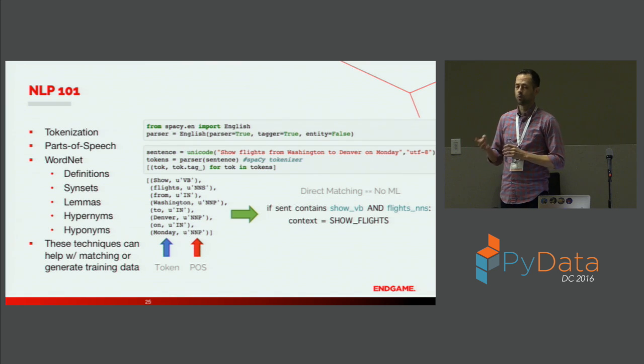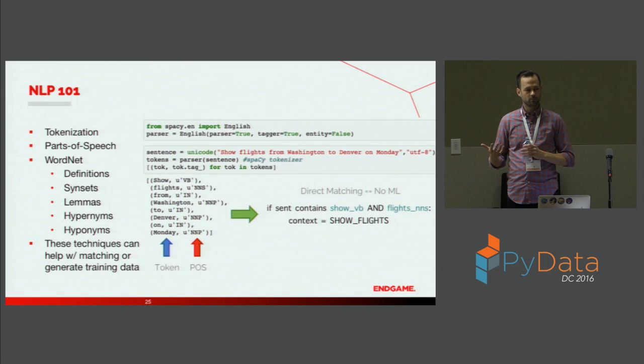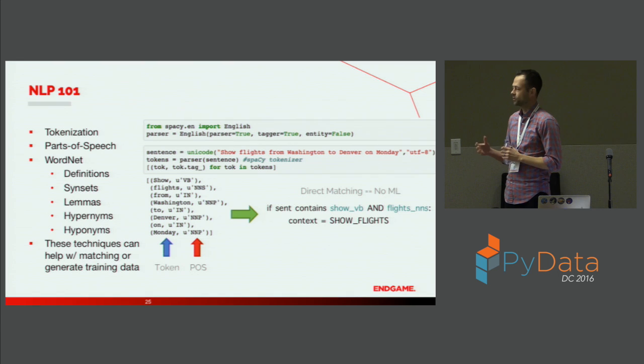Because things like show or order have verb and noun meanings, you can go through and say, well, I don't want to go to a show, or I don't want to start a task order. I want to be able to order a flight or book a flight. So I'm going to look in that sentence: if show is a verb and flight is a noun, which flight should by and large always be a noun, then we set the context to show flights. Then you move them down the path. Very, very straightforward, and it goes from zero understanding to some very basic natural language understanding in 3 lines.